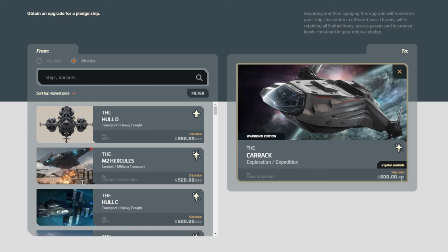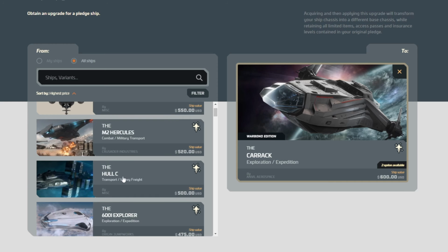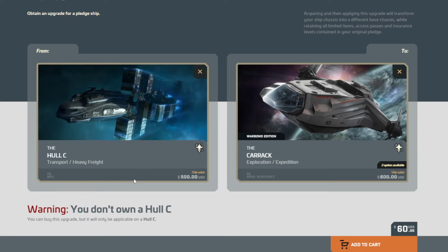So playing at this high a level, you guys are going to have to make your own determination. But again, if I was trying to get to the Carrack today, I would probably just want to maximize savings, hit the M2. However, if I had a Hull C already in my stable, I would probably spend the extra 20 and complete